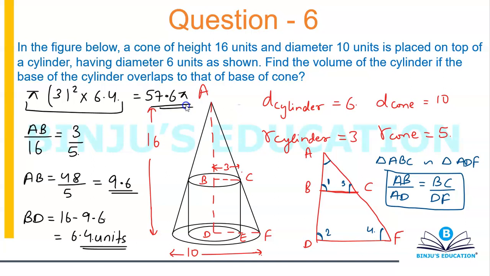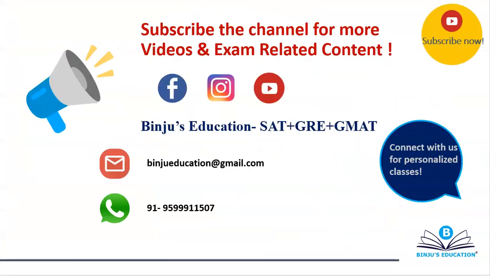Alright, so this is more or less everything that you need to know as far as the 3D part of geometry is concerned. You simply have right figures. So you simply need to know the formulas and you just need to know how to apply them by using the basic concept and basic knowledge and understanding of the question. Nothing else is required. You don't get too many questions as far as the 3D part is concerned, whether you talk about SAT, GMAT or GRE, because it's relatively simple in comparison to the rest of the geometry, but this is more than sufficient.